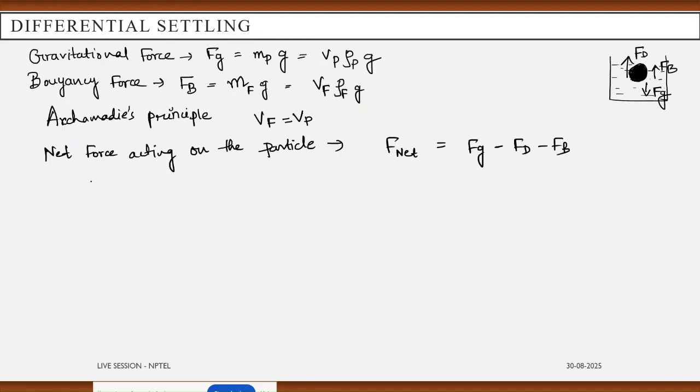And we also know that F net equals to mass into acceleration equals to